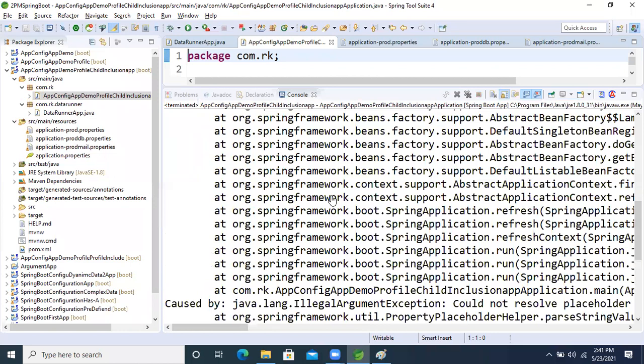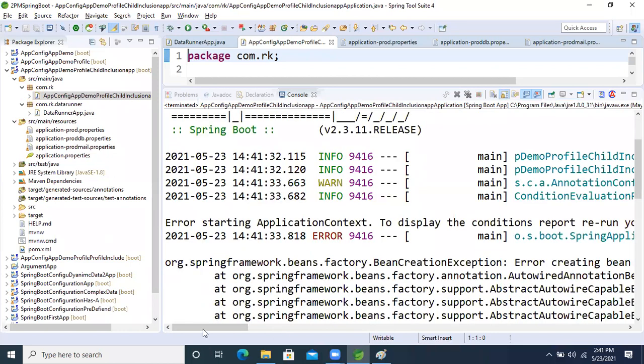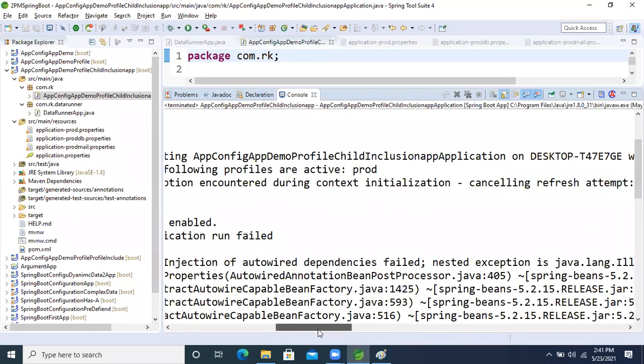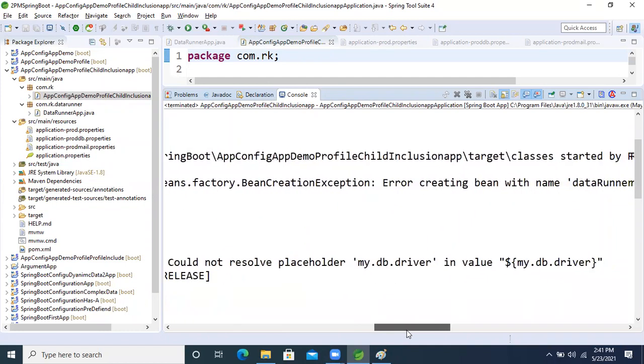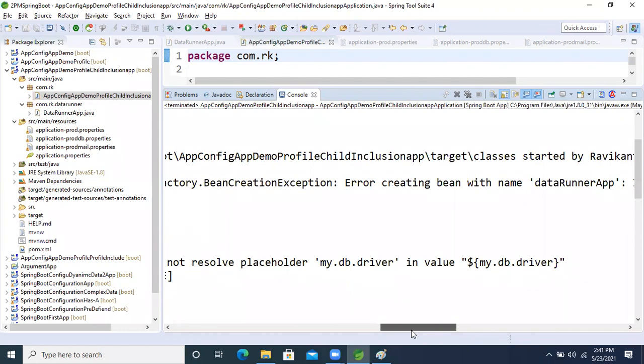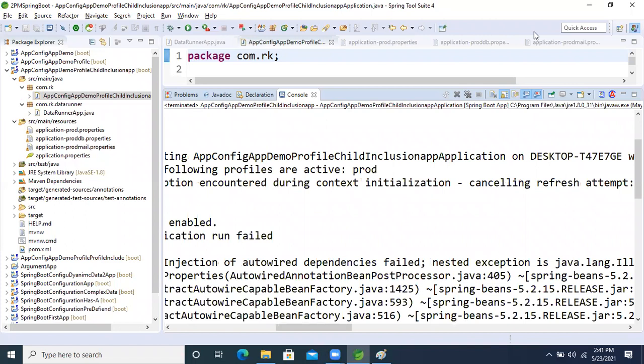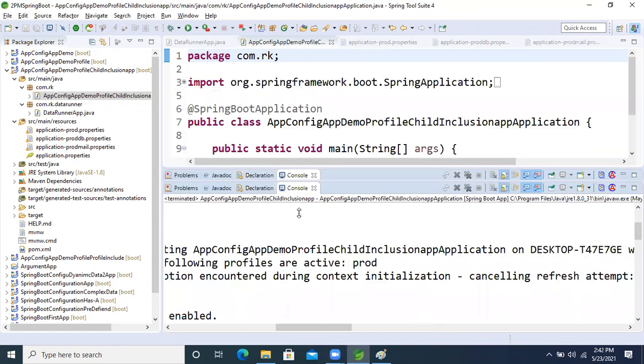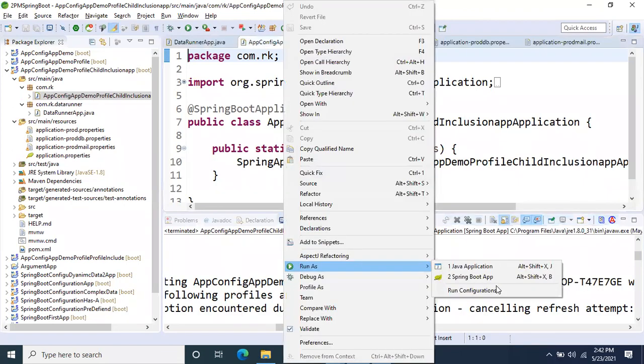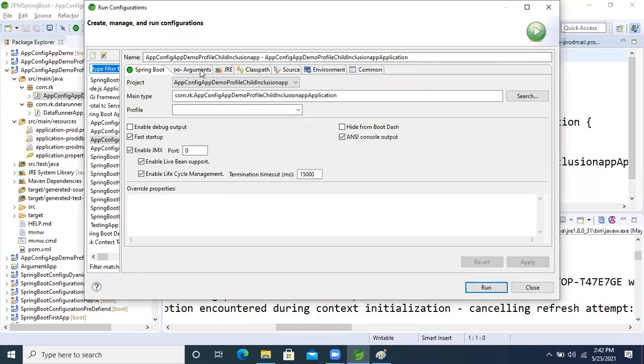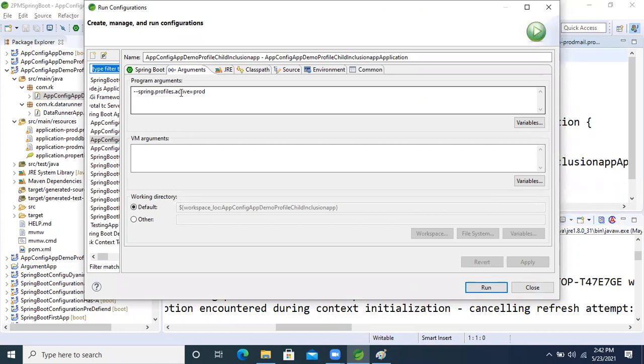Oh, something wrong is going on. Right click, run as, run configuration, argument, hyphen spring profiles active. Correct only, right? One minute, guys.